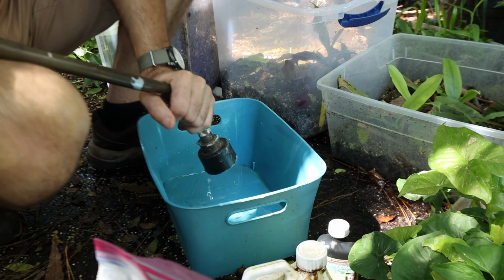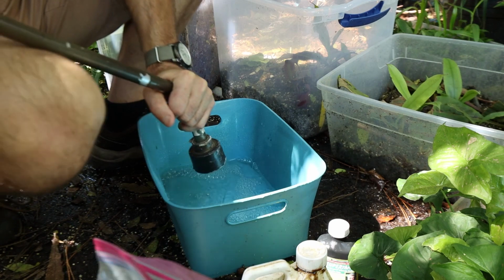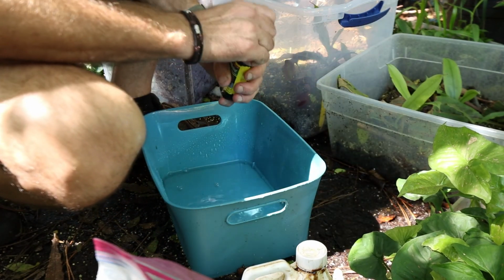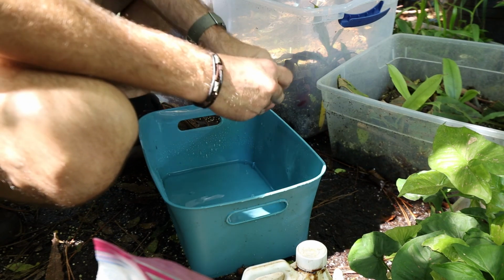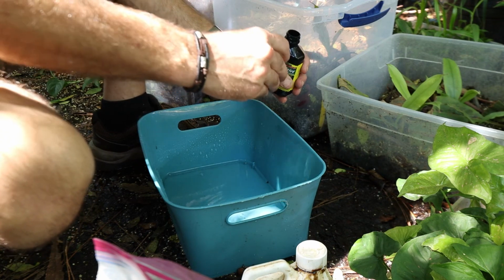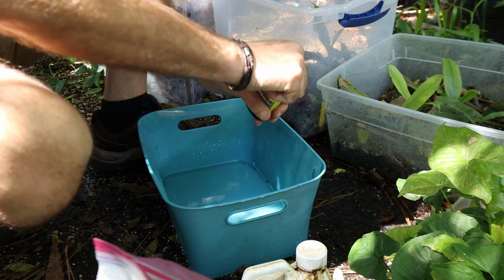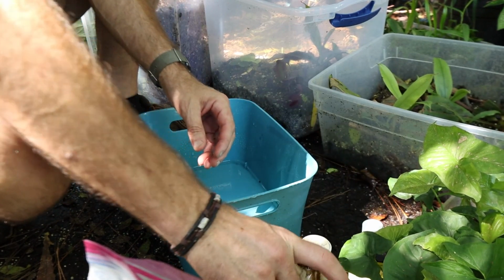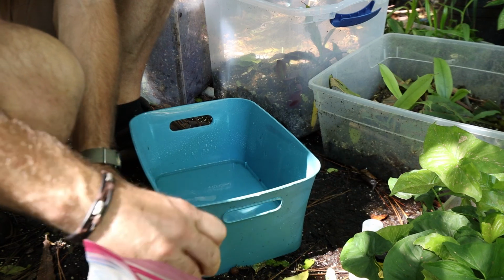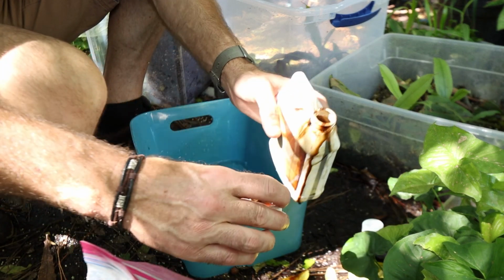Okay, so I'm going to take this bin and soak these same cuttings in it. I'm going to add some water to the bin, just a small amount so that I can add my different components. We'll add a little bit of Super Thrive as a shock treatment. It's got vitamin B1 in it. I'm going to add just a few drops of a micronutrient